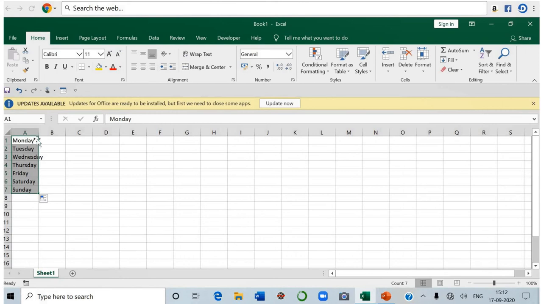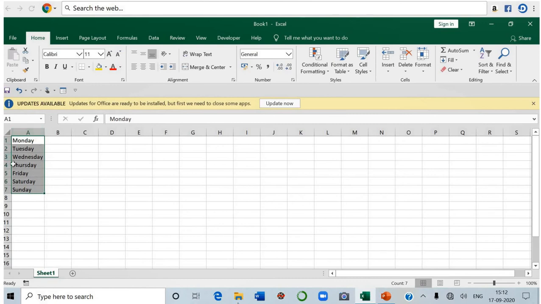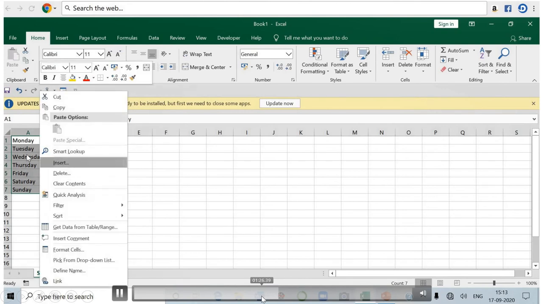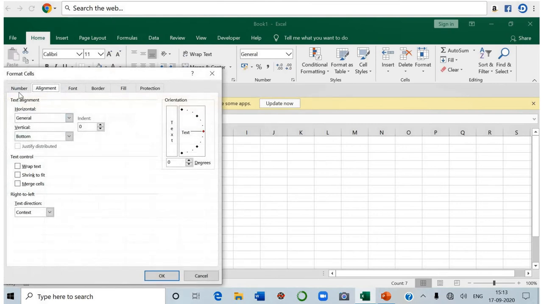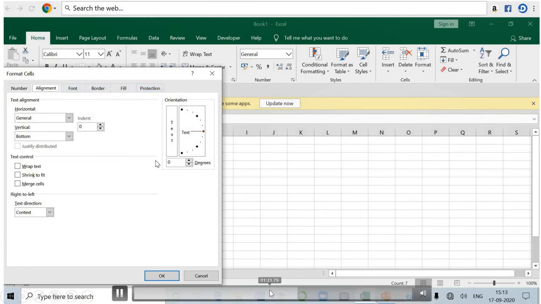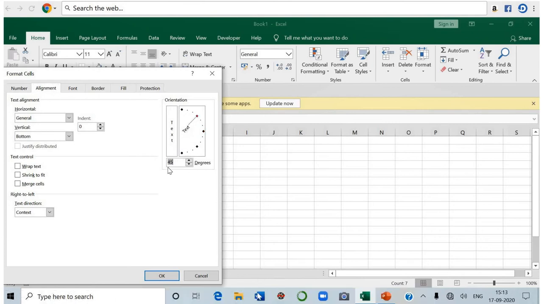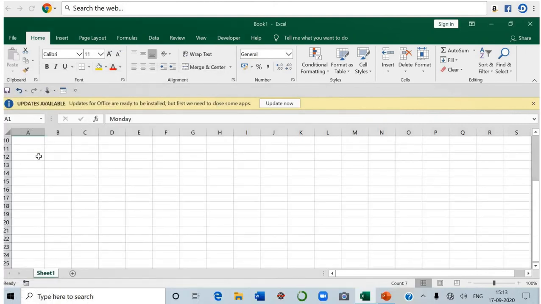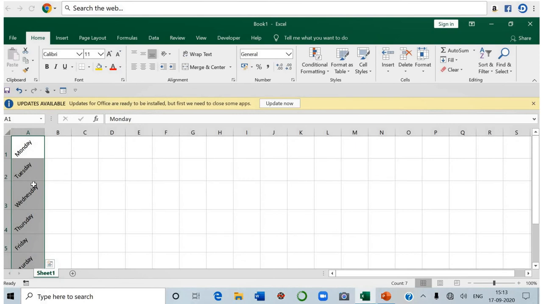So if you want to adjust the column width, as I told you, just double click here. See, it is automatically formatted. Now, if you want to change the formatting of these cells, you have to right click and click on format cells. So many things are there: number, alignment, font, border, fill, protection. Suppose you want to change the alignment, like students make timetable in the school, they want to write in slanting way like this. Now it is 45 degree. Okay. Now click OK. See, Monday, Tuesday, Wednesday, Thursday in the orientation has been changed.